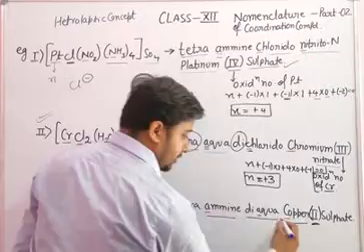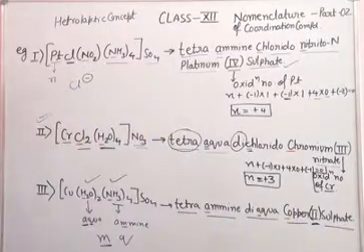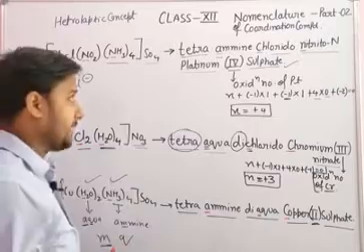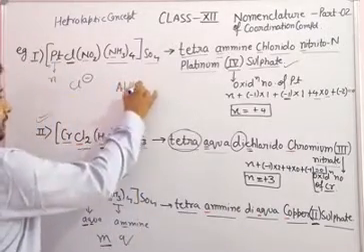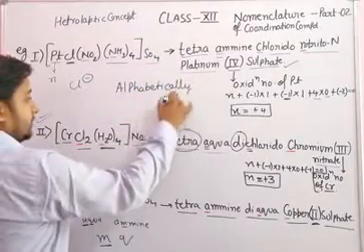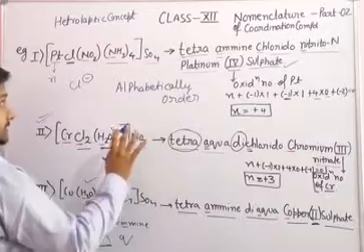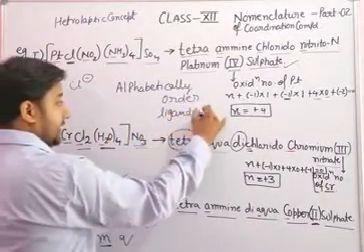Second is the oxidation number of the copper. Similarly we are getting this one, and sulfate. So this is the pattern how to write the name of the coordination complex. One more thing, when we write the names of the coordination complex, we will follow the alphabetical order for the ligands' names.